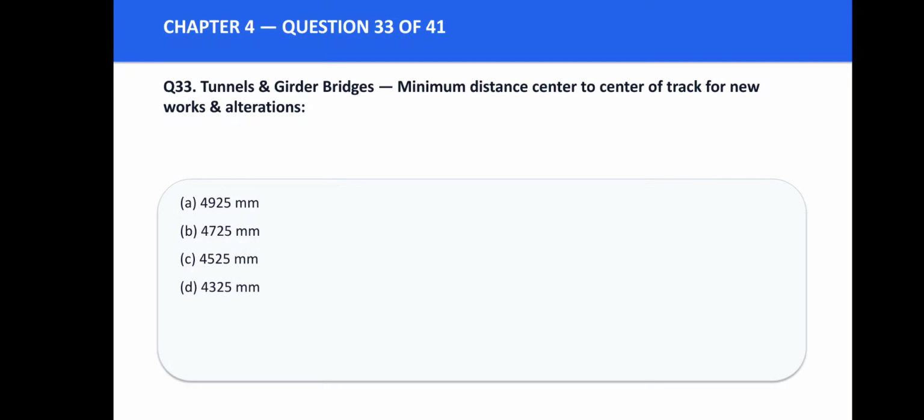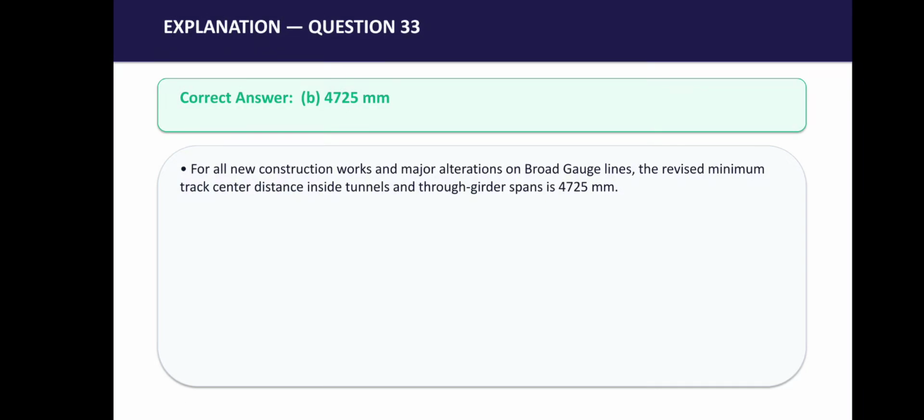Option D, 4325 mm. The correct answer is option B, 4725 mm. Explanation. For all new construction works and major alterations on broad gauge lines, the minimum track center distance inside tunnels and through girder spans is specified at